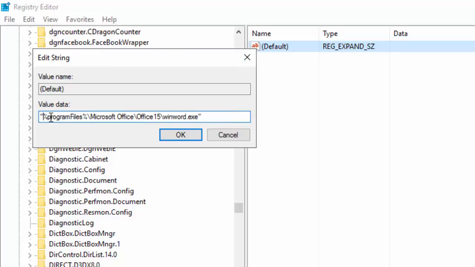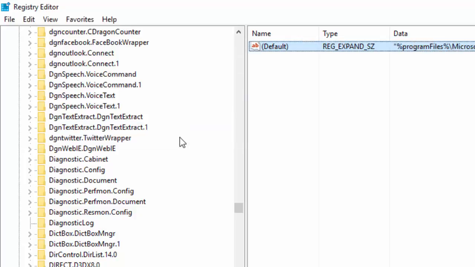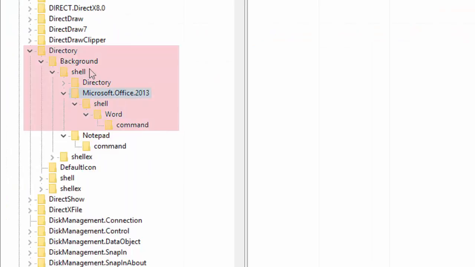Remember the quotes, %program files%/Microsoft Office/Office15/WinWord. And then push Enter or click on OK. So let's go ahead and review. Inside of our directory, we have background, shell, and inside here, the shell, we go down to